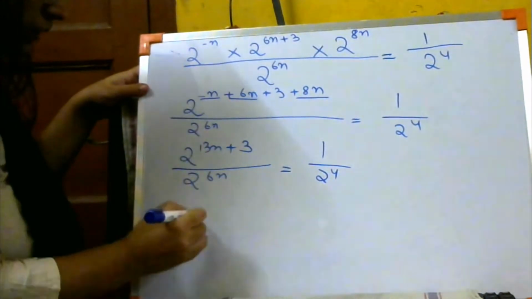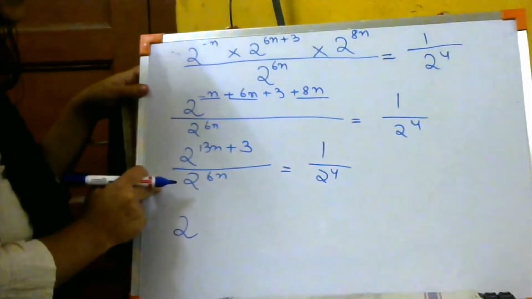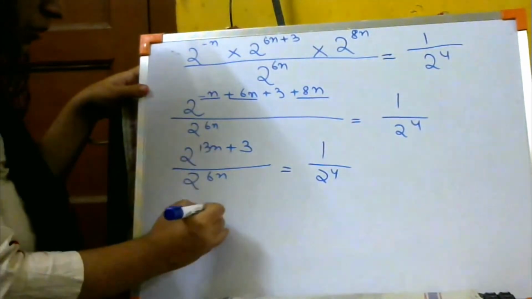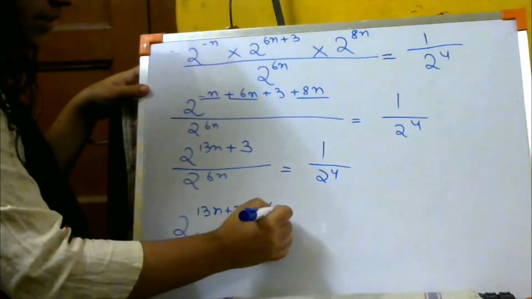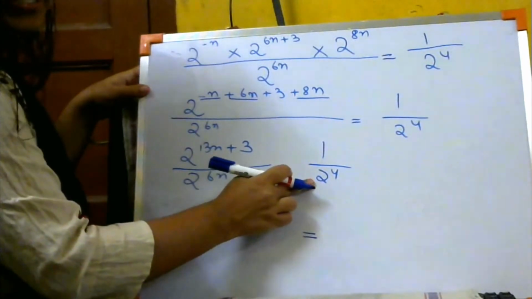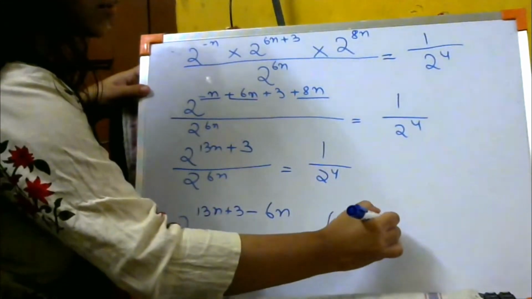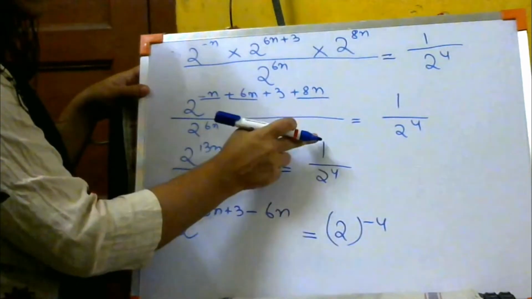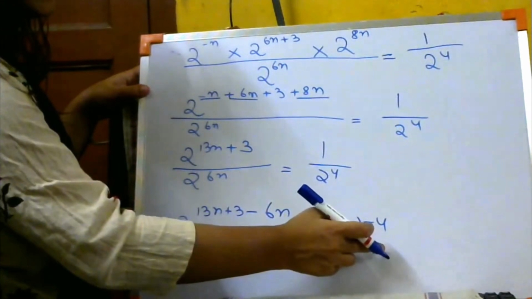So 2 to the power, now we are going to do it in the division form. Formula: a to the power m divided by a to the power n equals a to the power m minus n. So a to the power m, the one on top, m minus n is this one, 6n equals to, you can change this thing now. Let's see what I am doing. I am writing like this, 2 to the power minus 4. I inverted this, wrote 1 by 2 as just 2, so what will the power become here? It will become negative, right?